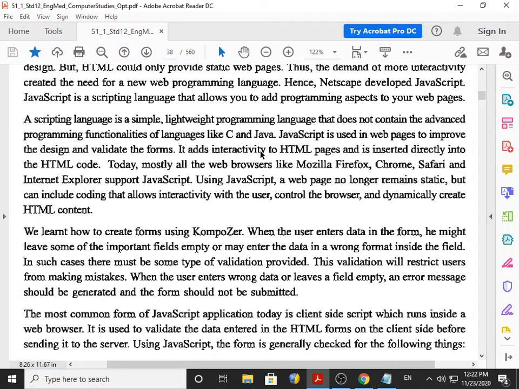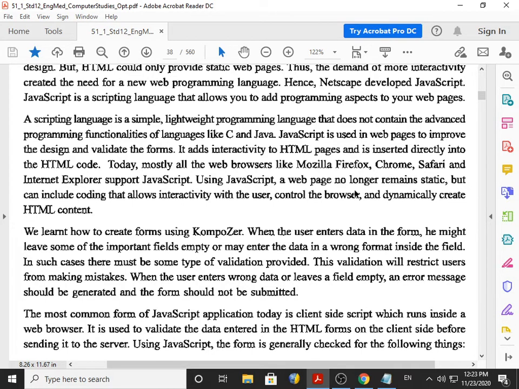Now it adds interactivity and communication to HTML pages and is inserted directly into HTML code. Along with your HTML tags, you can add JavaScript. So both can work together. HTML and JavaScript both can work together. Today, mostly all the web browsers like Mozilla Firefox, Chrome, Safari, Internet Explorer support JavaScript.